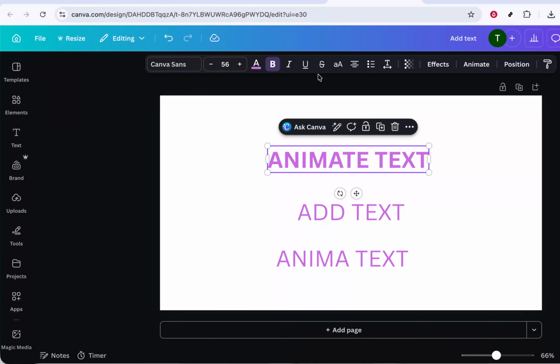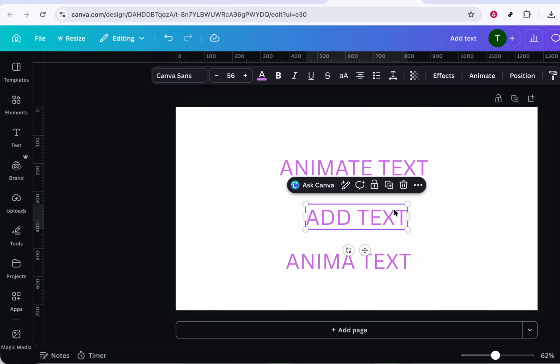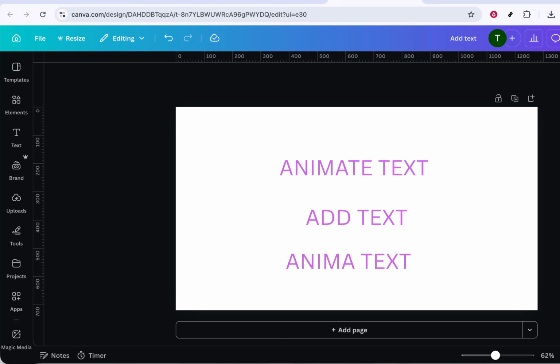Today's video, I'm going to teach you how to bold text in Canva. Bolding text is one of the simplest ways to make important words stand out in your design, whether you're working on a social media post, a presentation, or a flyer. In this walkthrough, I'll guide you through exactly how to do it, step by step, so you can follow along